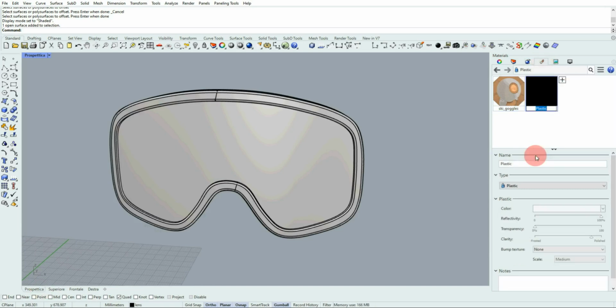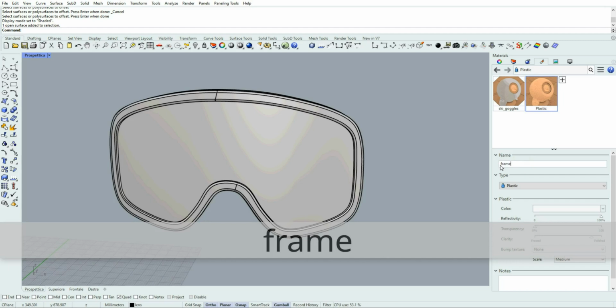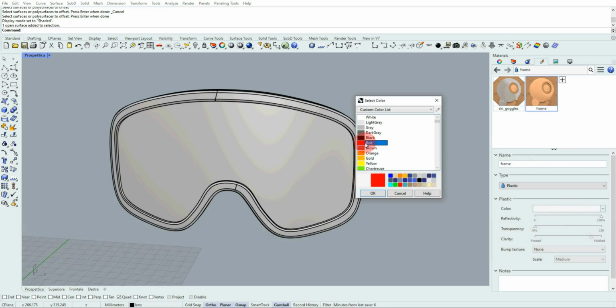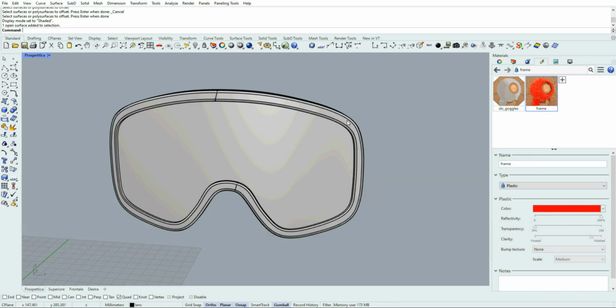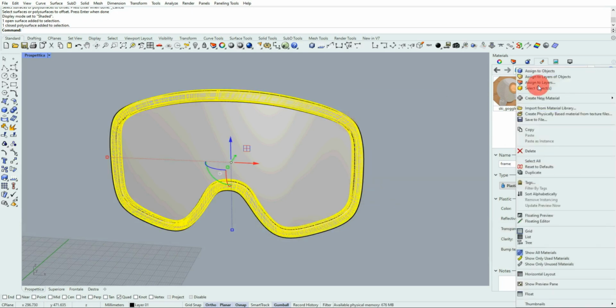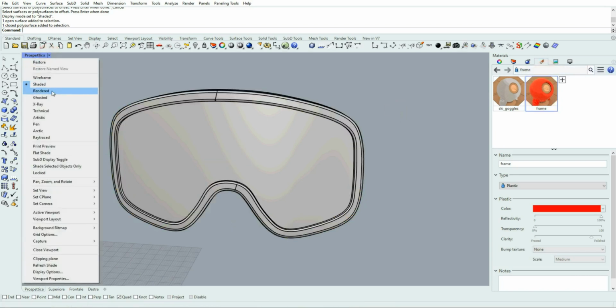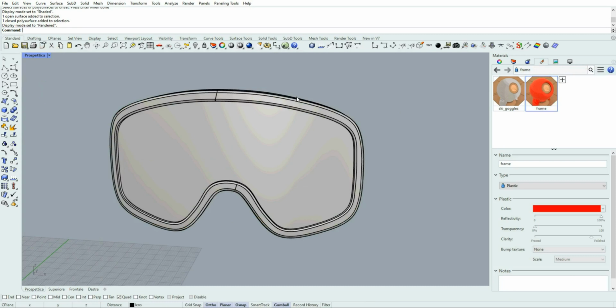So now I'm going to create the new materials. A new material, plastic type. I call it frame. Let's choose a color, a random color, for instance, red. Assign to objects. Okay. Switch to rendered view.